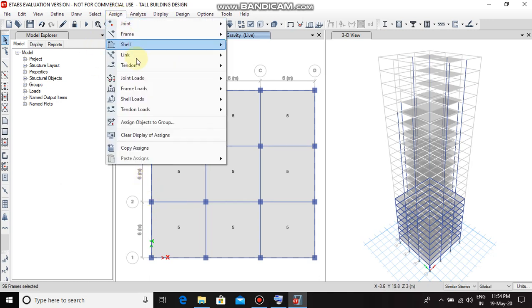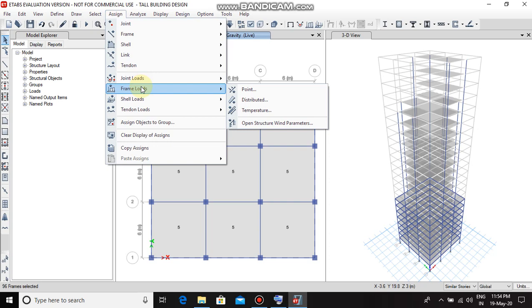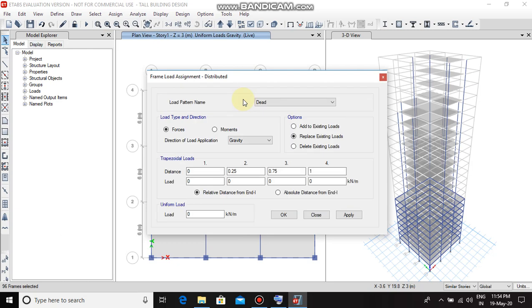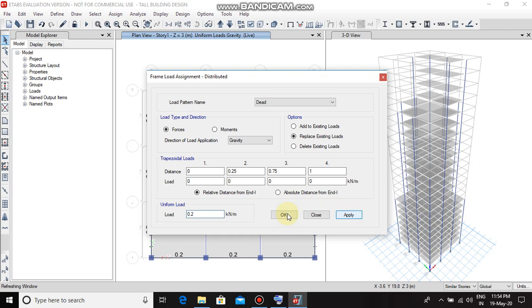Then assign, then frame load, then distributed, load of about 0.2 kilonewton per meter, then apply, then OK.